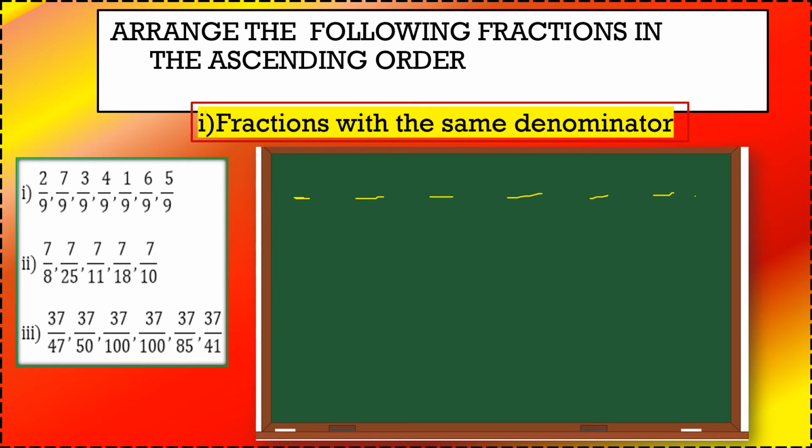So I have spaced out because I'm using the stylus and I want to save my time. And also, ascending order means what will be the sign that you will be using. We will be using this sign to arrange it in ascending order. So I have done that. And now can you see these things you have to do? So I'm writing it before, I'm making a format of it. And finally I also know that all the denominators are same, so I'm writing them also.